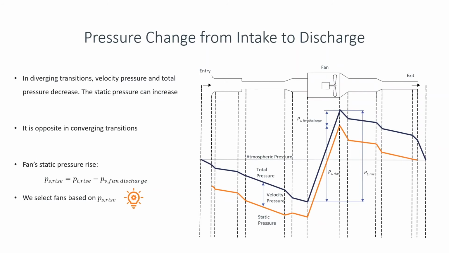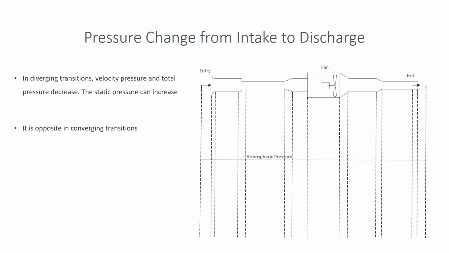Let's look at an example of total pressure change in a duct system that has a fan in it. Starting from the left, the suction opening is at a relative negative pressure. This negative pressure forces the surrounding air to flow toward the duct opening and then gets sucked into the ductwork. As the air moves inside the duct, it loses its total pressure due to friction. This pressure loss happens faster when the air moves inside the smaller ducts or wherever the resistance to the flow